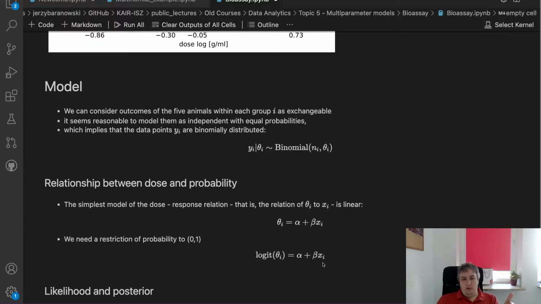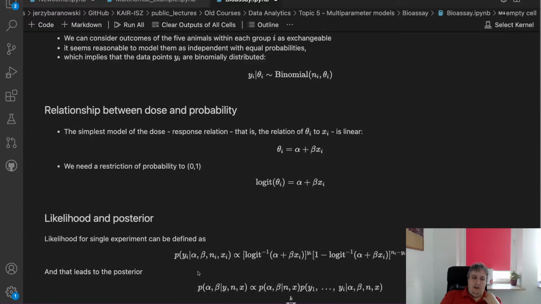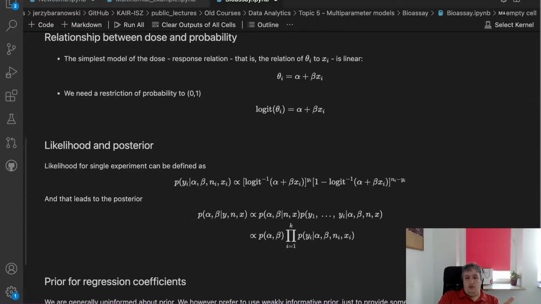And so this functional relationship will be that a logit function of theta i is represented as a linear function. So theta i will be an inverse logit of this value. So our likelihood takes the form of binomial likelihood, of course, setting up, instead of theta's, inverse logit of this linear relationship for each vector of parameters. So size of sample, dose, and the observed number of deaths, which leads, of course, to a posterior